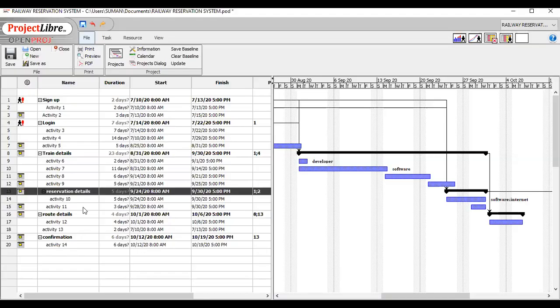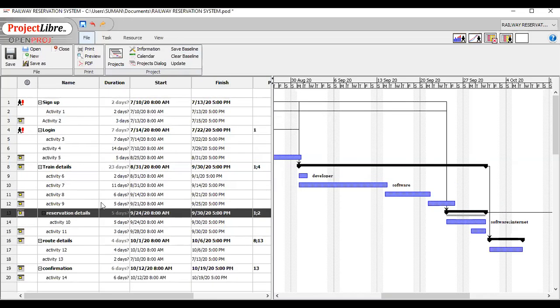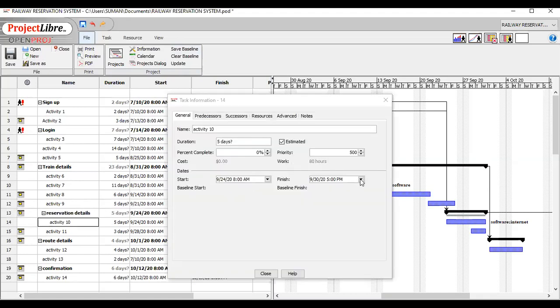Suppose we want to change any task, so what difference will it make in the baseline? Suppose I have again selected this task, reservation detail, and again I am doing save baseline for the selected task. Okay. So here my baseline is present. Now I am making some changes, like in activity 10.